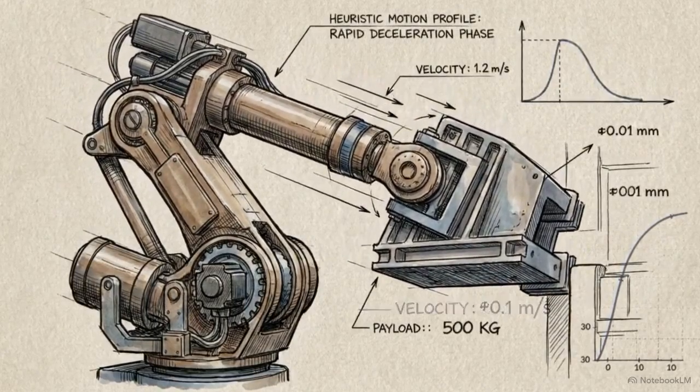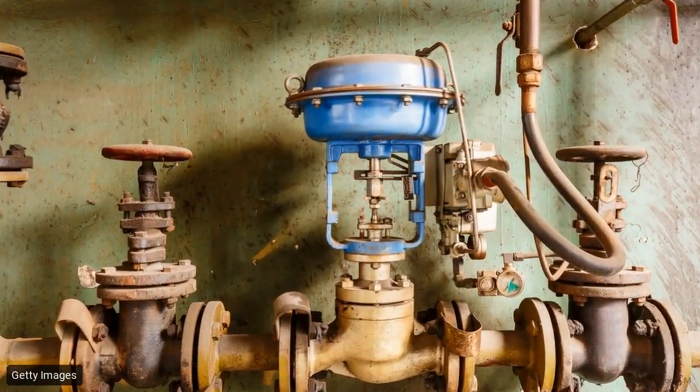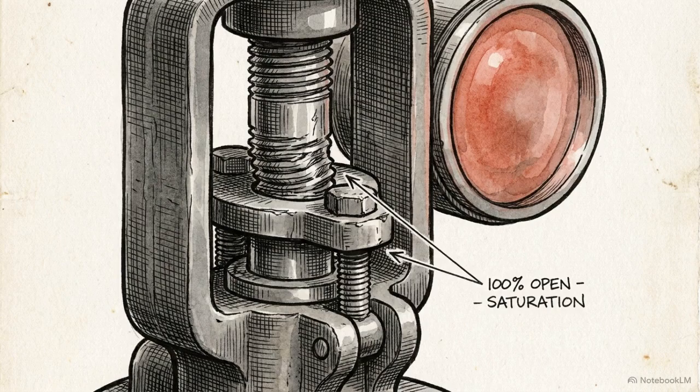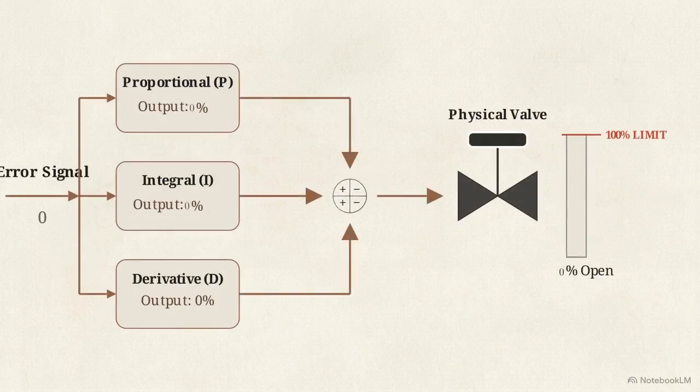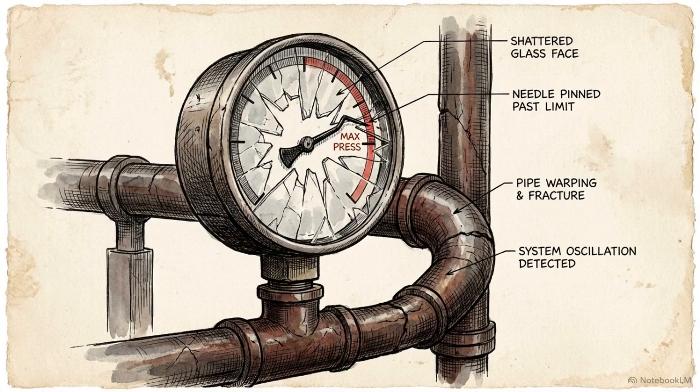No matter how well a loop is tuned, the PID math eventually collides with the reality of heavy physical actuators. This leads to saturation. When a valve is 100% open, the physical system cannot respond further, regardless of the output requested by the controller. This creates a failure condition known as integral windup, typically occurring during large set-point changes that push an actuator to its limit. While the physical valve is stuck, the integral math continues accumulating error, creating a runaway mathematical value. Once the target is reached, this accumulated debt forces the valve to swing violently in the opposite direction, causing the